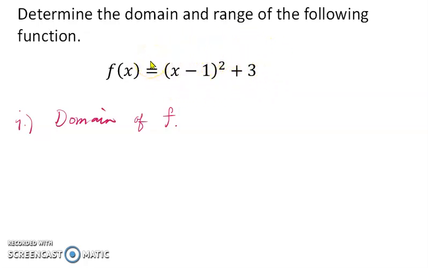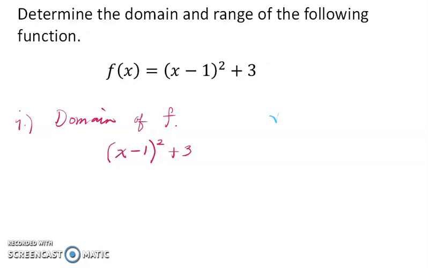We know that for any real number, we can always perform subtraction, right? So here, we can always subtract a number by 1. We can always square any number. Ibig sabihin, multiply mo lang siya sa self niya, and you can always add to that number 3. And there is no restriction to that, no? So, kunyari,